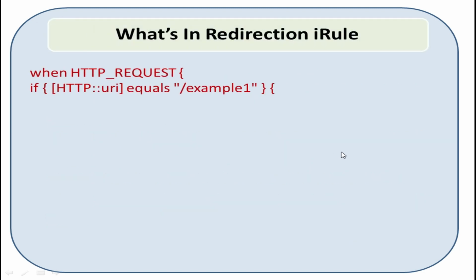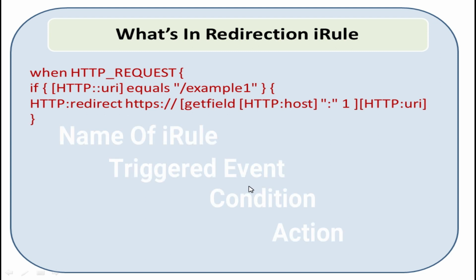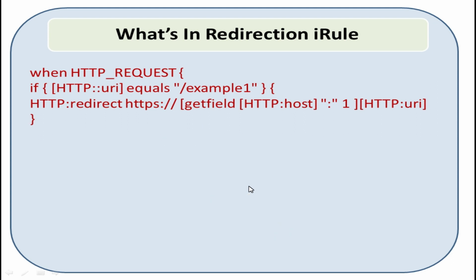If you see here regarding the traditional iRules, you are aware of what an iRule is doing and how it proceeds. If not, maybe you can check our video on iRules, which is coming above over the i button; you can click and check over there. In an iRule you check for an event, then there is a condition, and as per that condition an action is taken. So here the event would be HTTP request, then the condition is if URI is equal to example 1 or something like that.